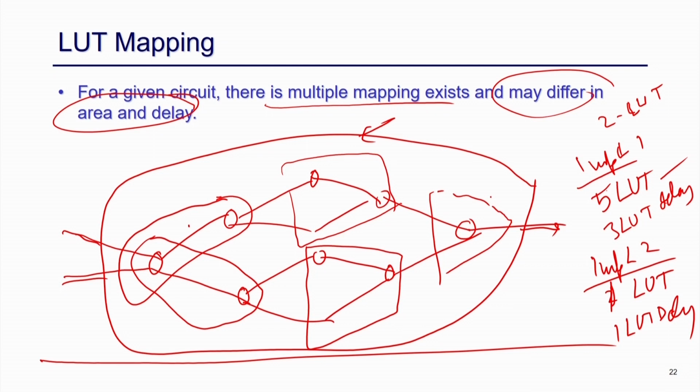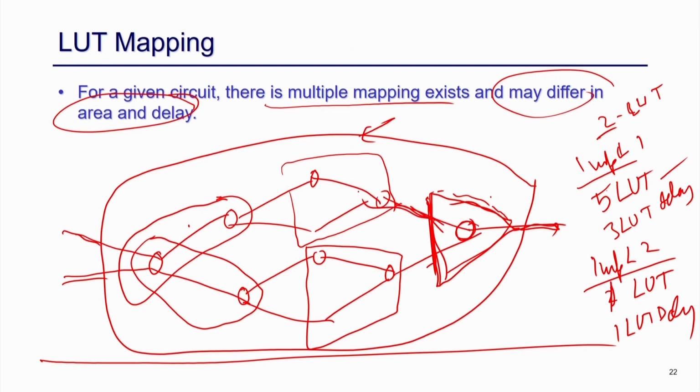So, the primary point I am trying to make is that if you start from here, identify a node, and whenever you find 2 inputs you stop here, that means this is one cut. A cut is something where you start from a node and find out whenever k inputs are coming to that circuit. So, then this is a cut. If you find a cut of size k, or say 2 here, and stop there, then the kind of solution you get may not be the optimum,